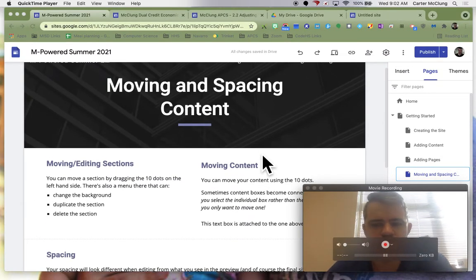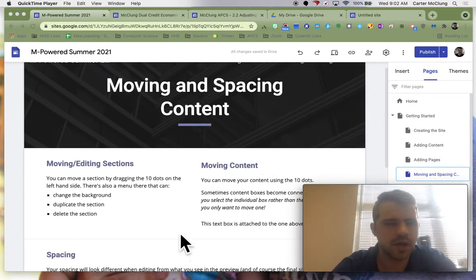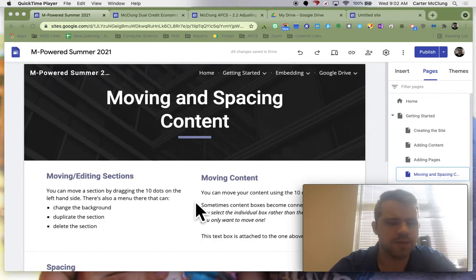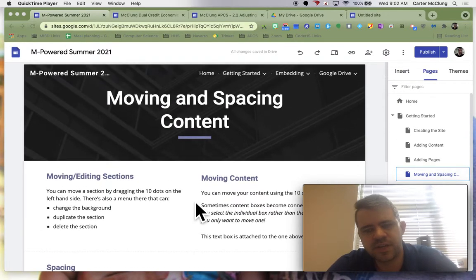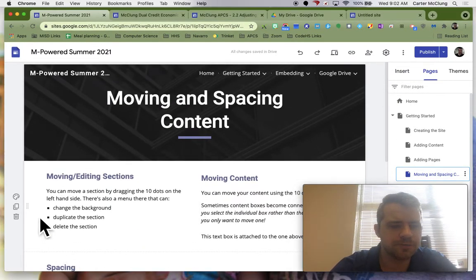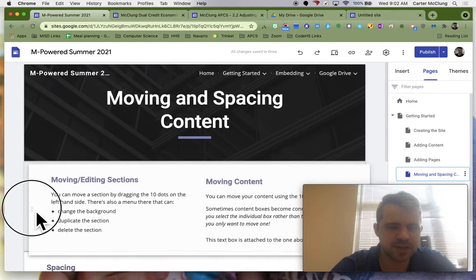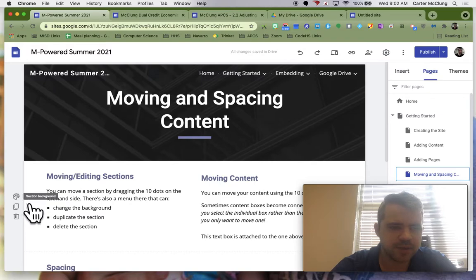Real quick, I just wanted to show you how to move stuff around within your site. Some of it's kind of obvious, but there's some counterintuitive stuff, so I wanted to show you. So first of all, it's broken up into these sections here, and you can do all sorts of stuff